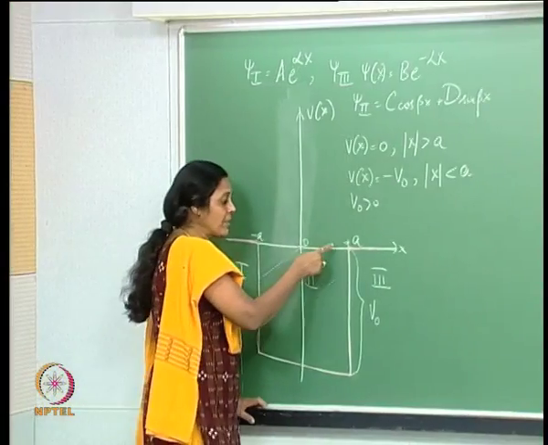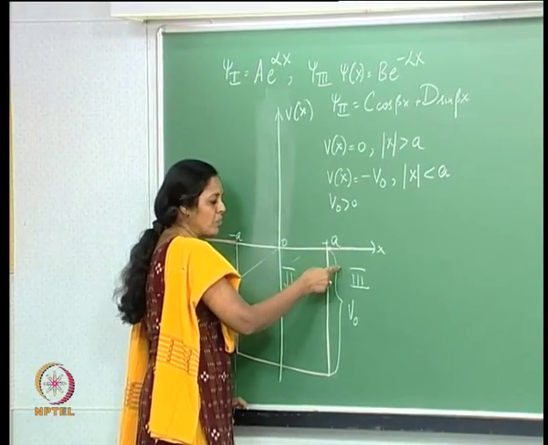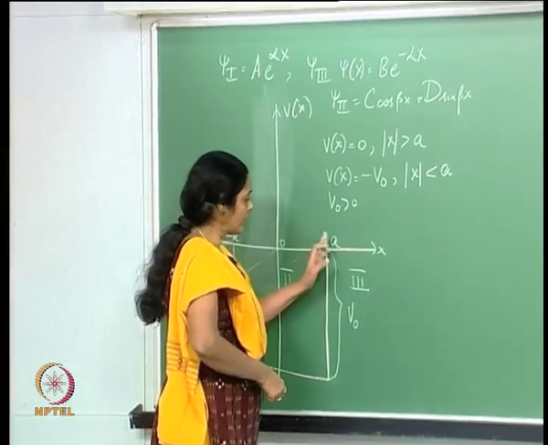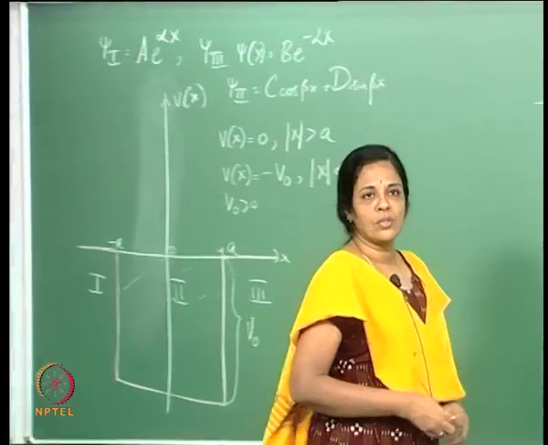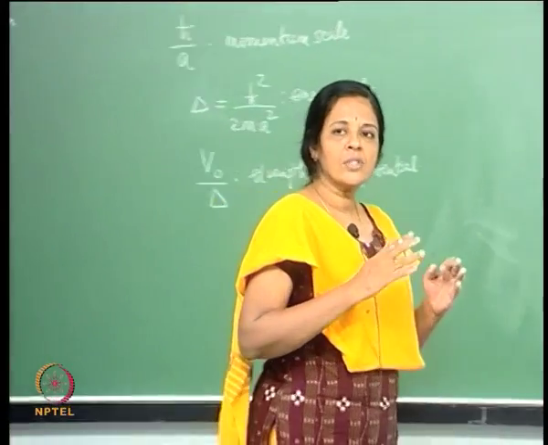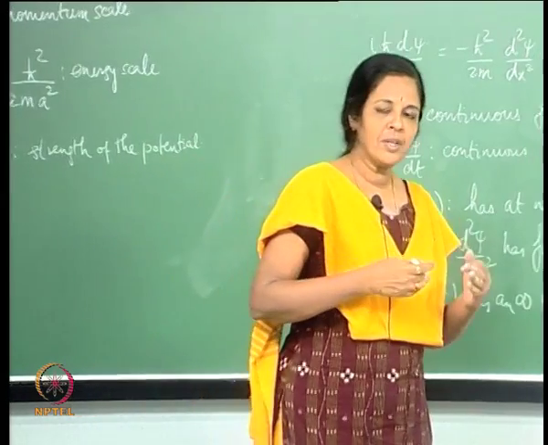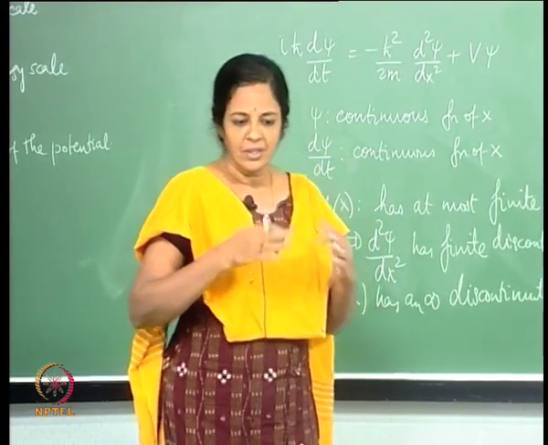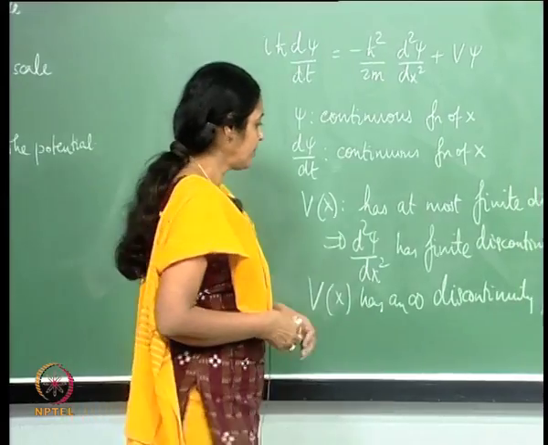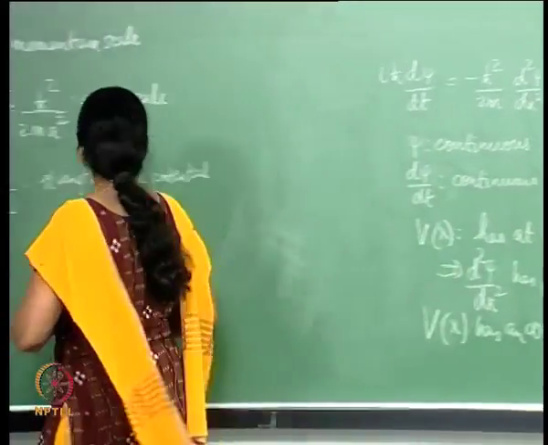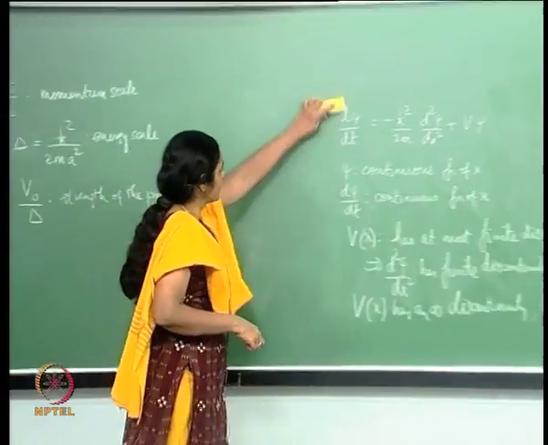Now, I have to do the same thing here. I have to match the wave functions between 2 and 3 and the corresponding first derivatives also at x equals plus a. So, at x equals minus a and plus a, such a matching has to happen. The wave function and the first derivative both have to be continuous. So, let me do that first. Now, in this case,